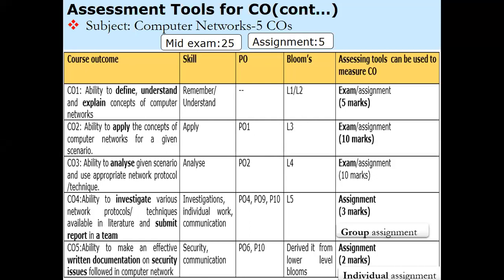And one more thing here is that you can conduct two assignments, assignment 1 and assignment 2. For the first assignment, you can give 3 marks, and for the second assignment, 2 marks. That is the assumption I have taken here. With respect to CO2, here I have written